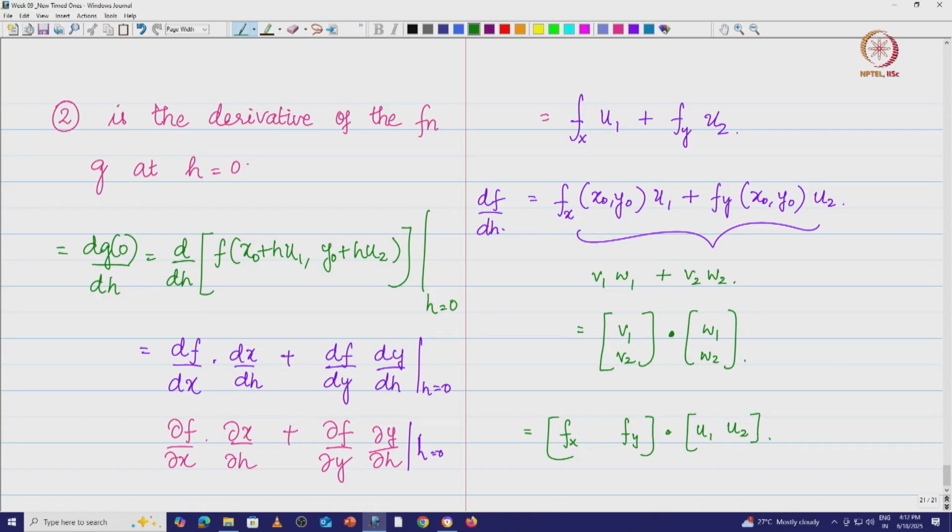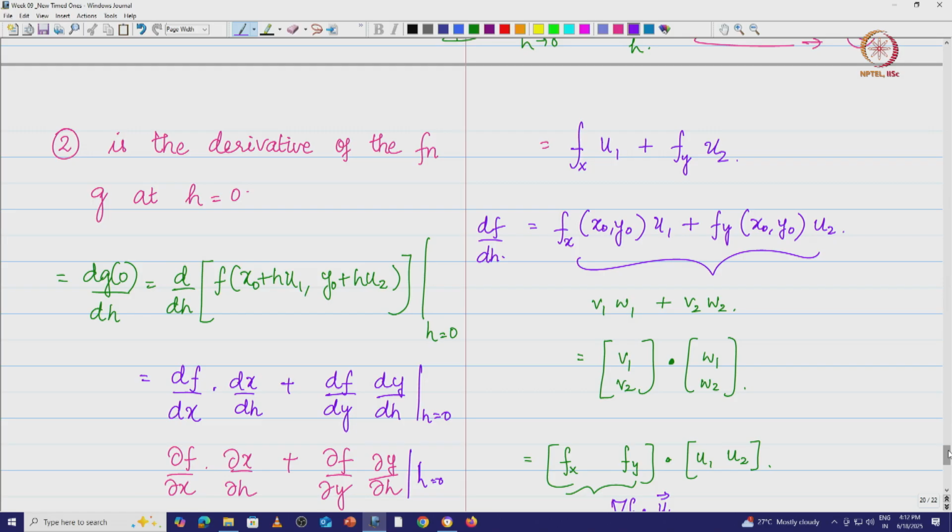What is this collection of partial derivatives? We call that the gradient. So I am going to write this as del f with respect to x, del f with respect to y, dot the unit vector, right? We have this. So what we are going to do is give a name for this, df by dh, we are going to give a name for this. So what we do is, in fact, if you look at this,